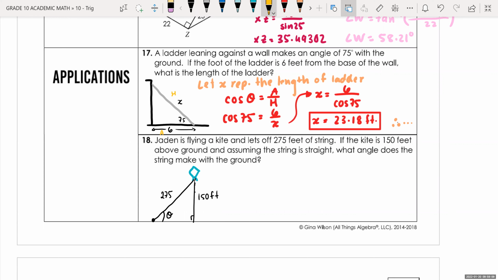Okay, so if this is opposite and this is the hypotenuse, we're going to be using sine. First, we're going to have a let statement. So we're going to say let x represent the angle the string makes. I guess that's kind of accurate enough. Then we're going to say sine theta